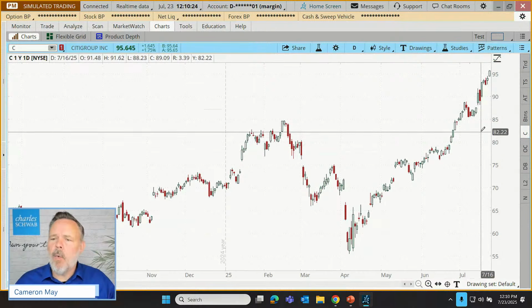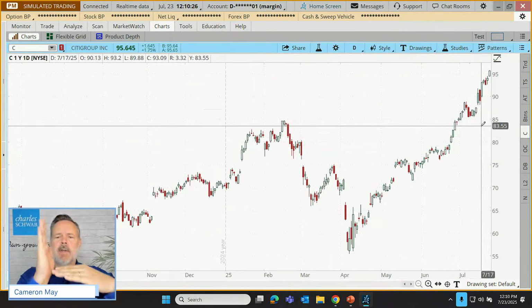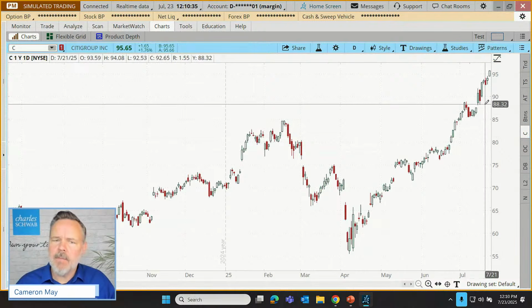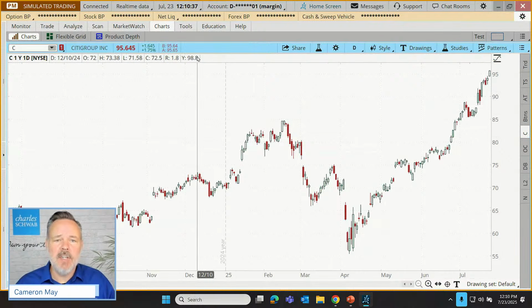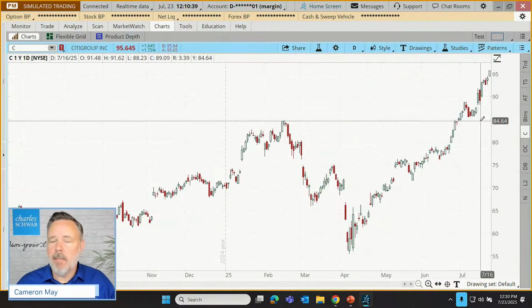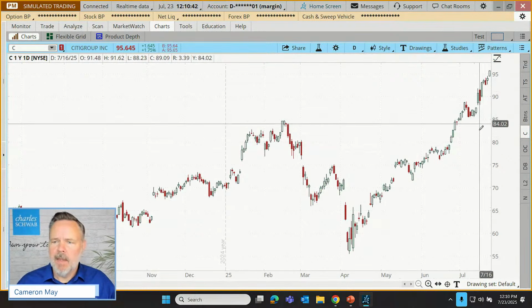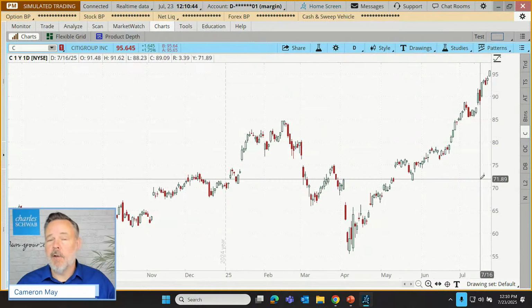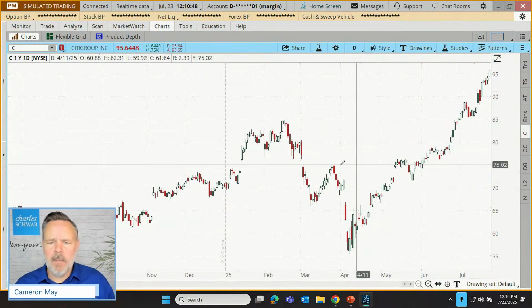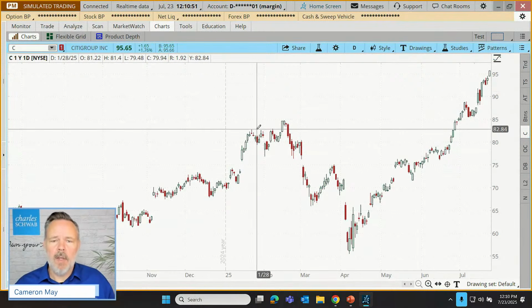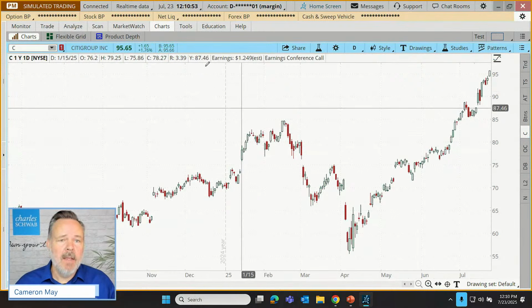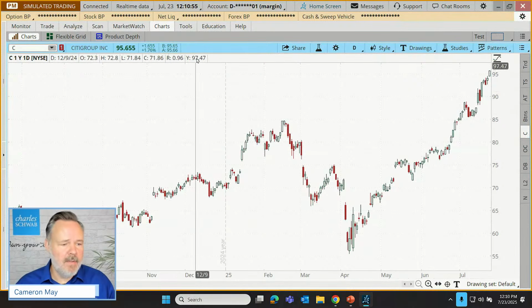But as I move up the y-axis, so when we're looking at a typical chart, the y-axis is the vertical axis, and then the x-axis is the horizontal axis. In any case, as I move up that y-axis, my y value is changing, and you'll see that change here. You'll also see it change in the bubble on that y margin. And as I move down, that value goes down, and that for a trader can be quite useful if they're just looking, oh, I wonder what the price was here, or here, or here. We can see that in a glance. So now we know what all of this stuff is.